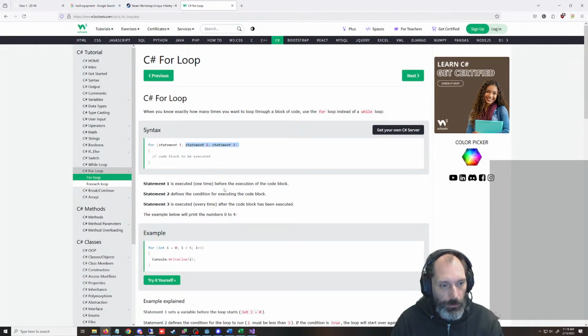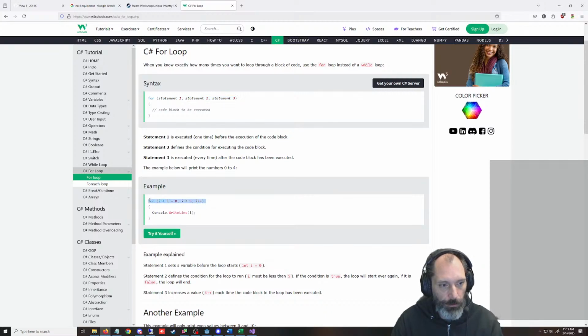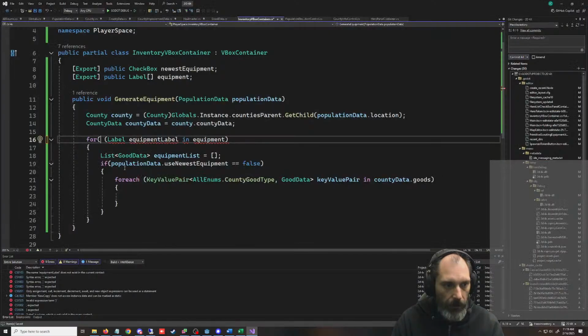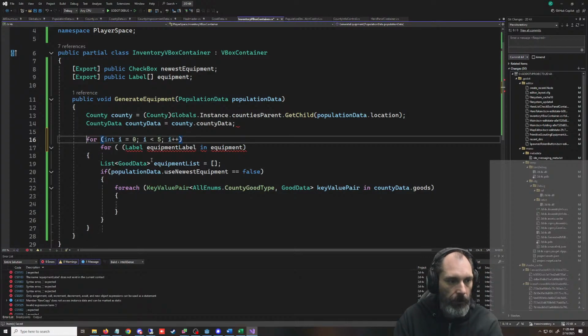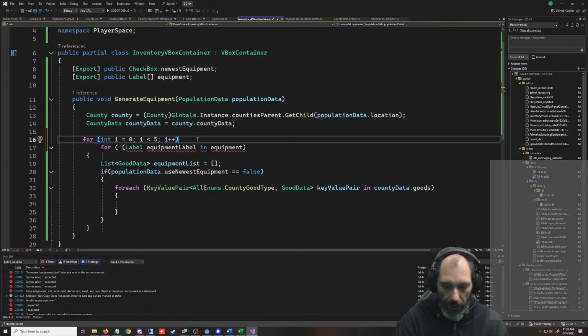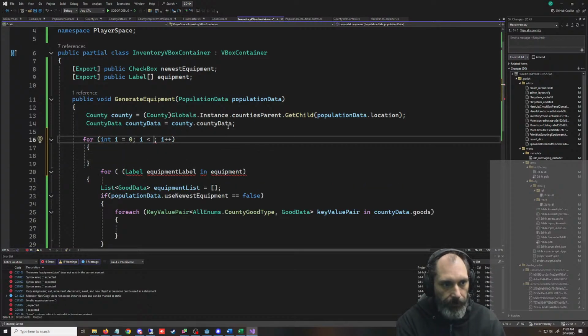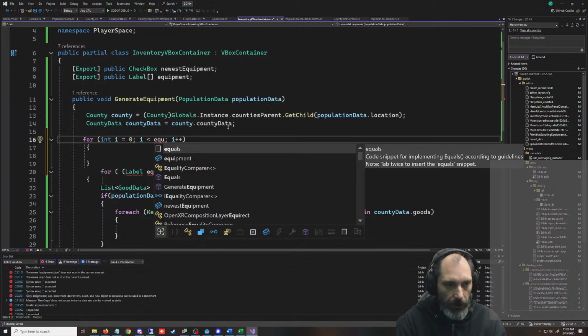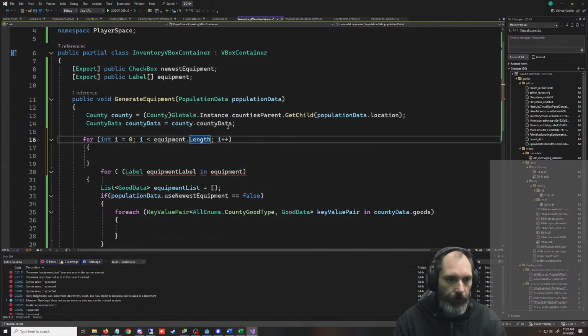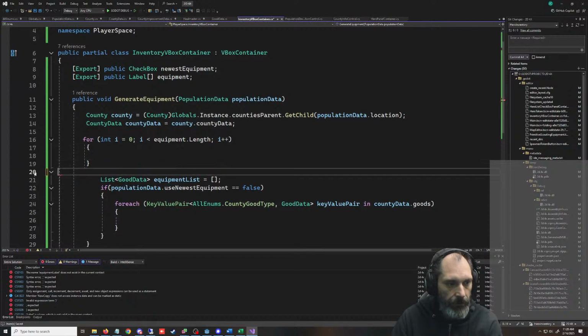Here we go. No, not the statement. This is the one I need. For i equals 0, i plus plus, i less than equipment dot length. And then we're going to get rid of this.